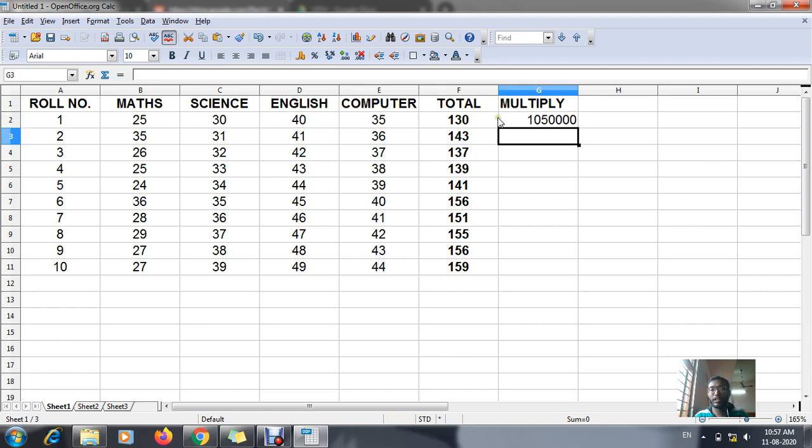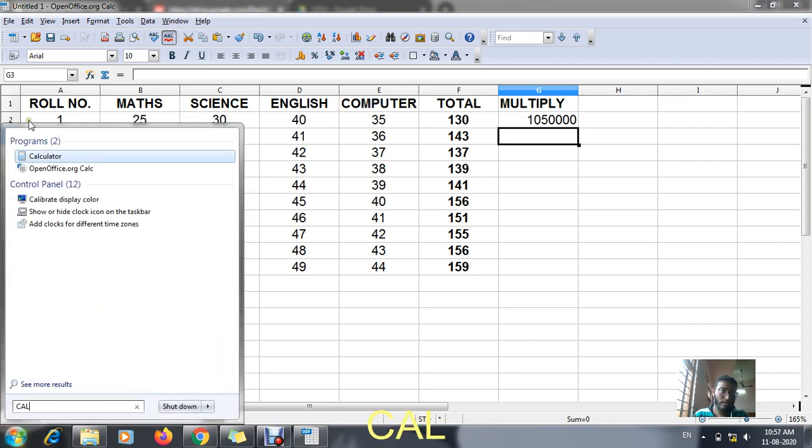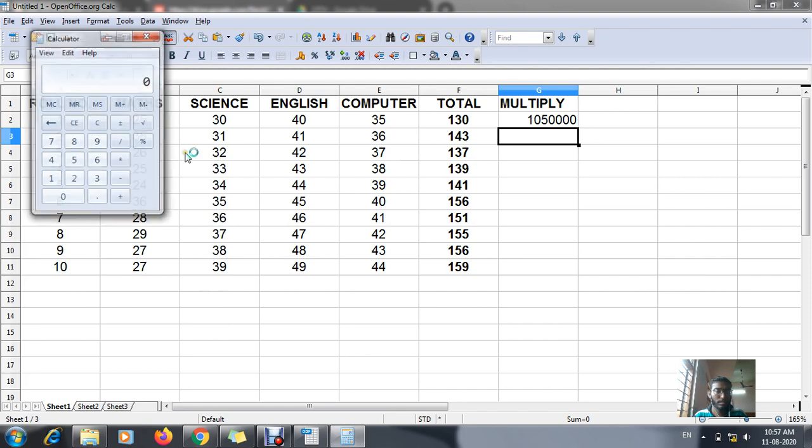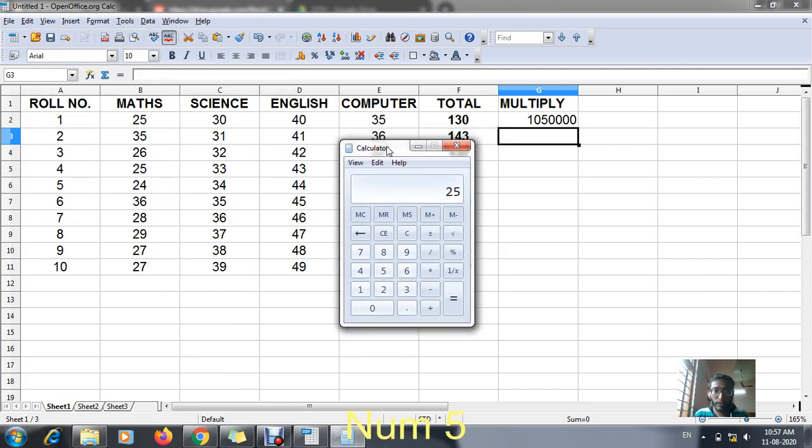This is the multiplication. Now you can see in a calculator also. Wait, I will show it in a calculator. Say 25 into 30 into 40 into 35, the answer is this. See, same amount.